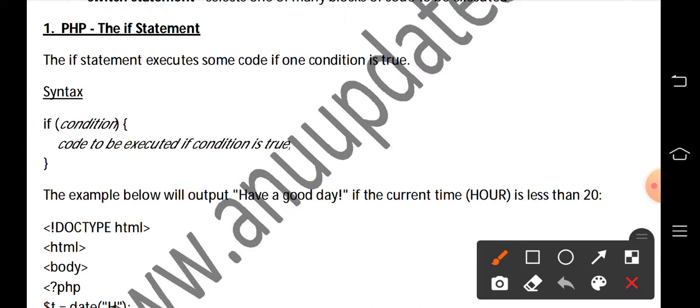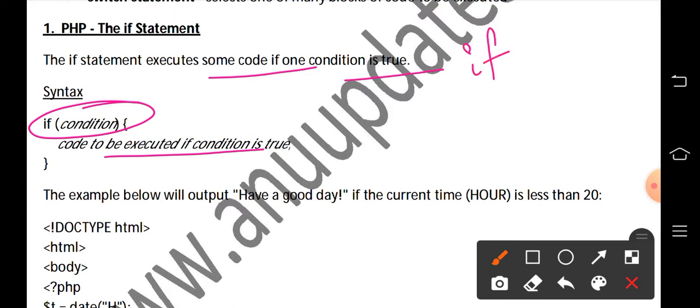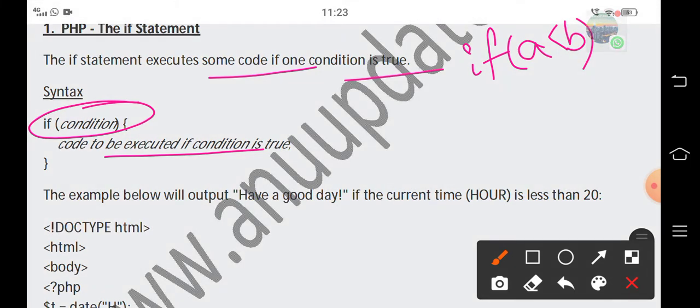As it is mentioned here, it executes some code if the condition is true, and the syntax for this if statement is: if the condition is true, then the code to be executed if the condition is true. Suppose I am giving an example like if A less than B. Suppose the value of A is 5 and B is 10.